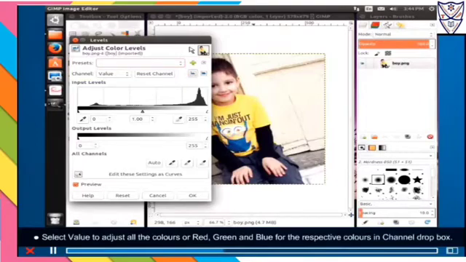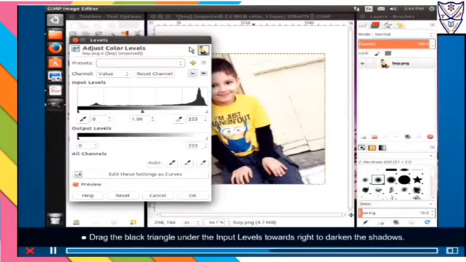Select value to adjust all the colors or red, green and blue for the respective colors in channel drop box. Drag the black triangle under the input levels towards right to darken the shadows. Gray triangle towards left for lighter mid-tone and right for darker mid-tone.